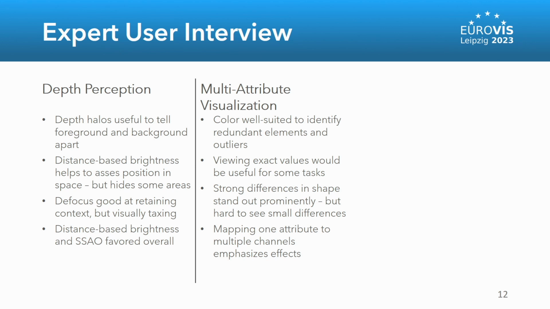For multi-attribute visualization, the experts said that color is well suited to identify redundant elements and outliers in the structure, but commented that additionally viewing exact values would be beneficial for some tasks. Regarding shape modification, one expert noted that strong differences in shape can stand out prominently, however small differences in value are hard to recognize. The expert also noticed that mapping one attribute to multiple channels at the same time emphasizes